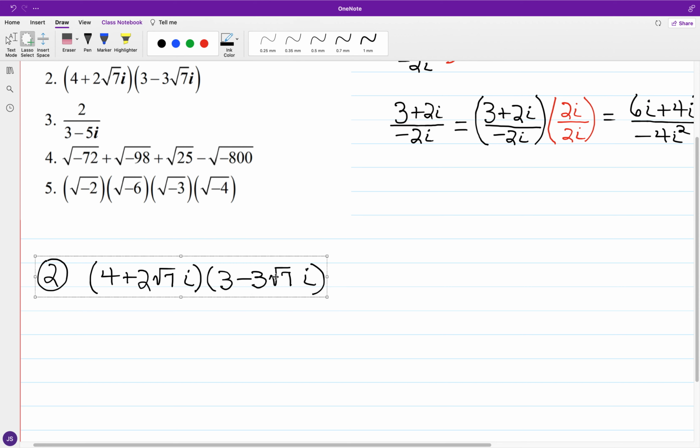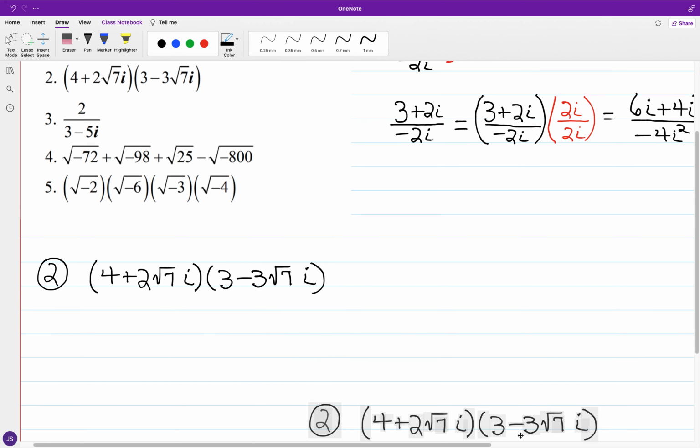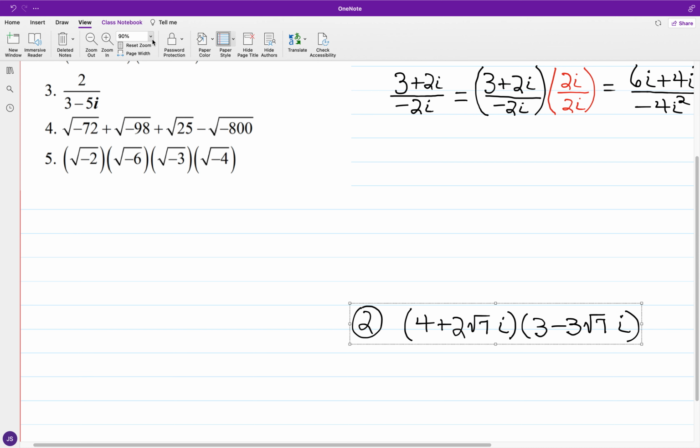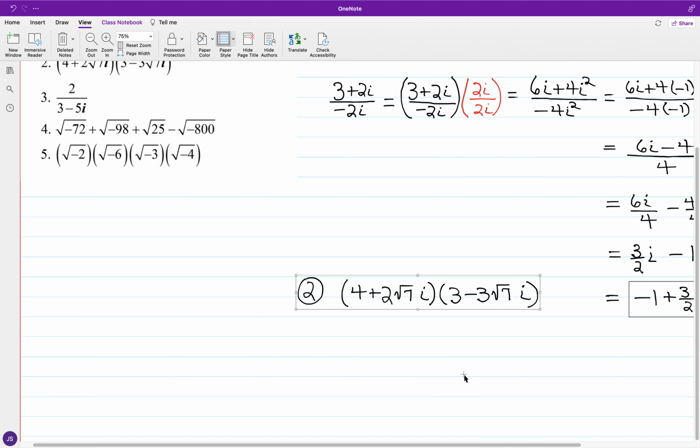So we have two complex numbers, and if we look at multiplying these together, we can FOIL out